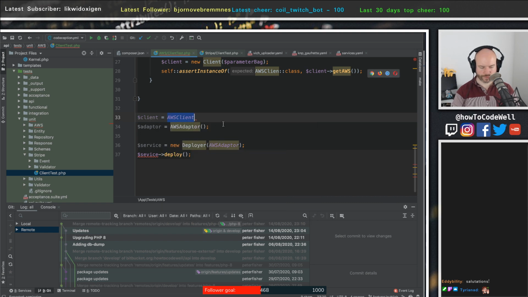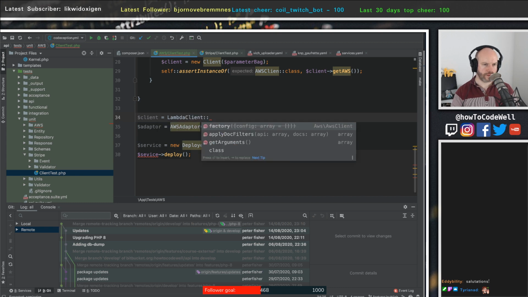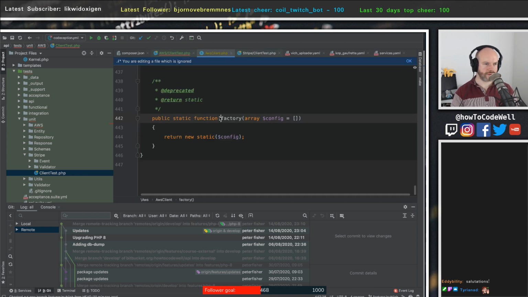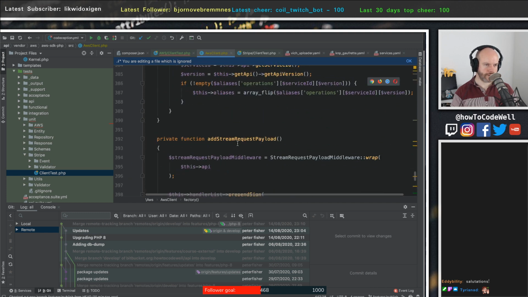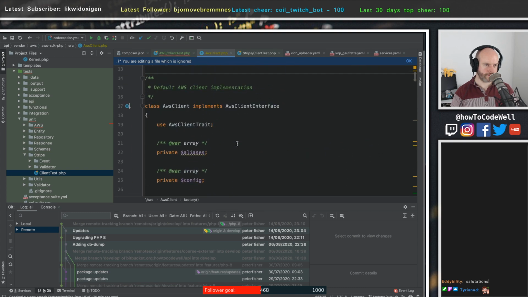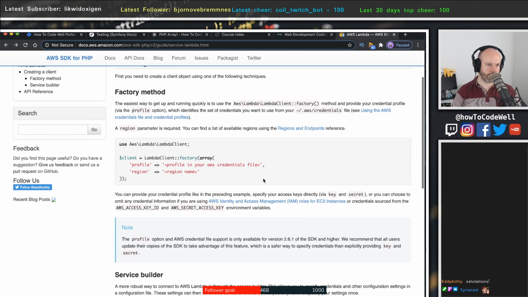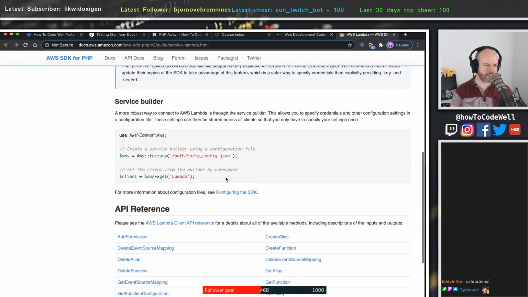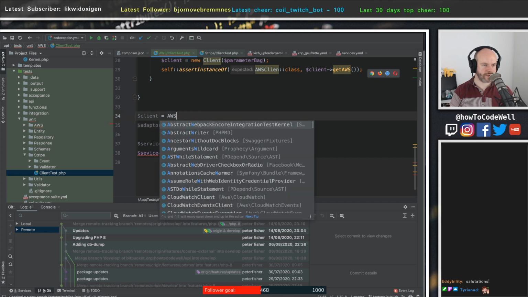Well, it'd be Lambda, wouldn't it? Lambda client. Why is that deprecated? Fly docs, add streams. That's how that works, but this is deprecated. Maybe it is just the factory then. Maybe they prefer doing it this way. So if that's the case, it would be AWS